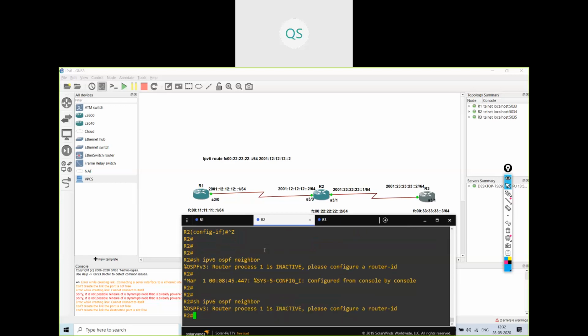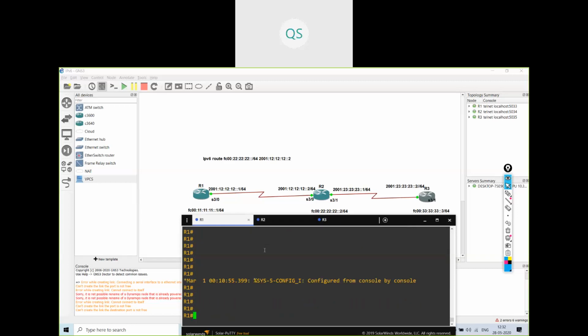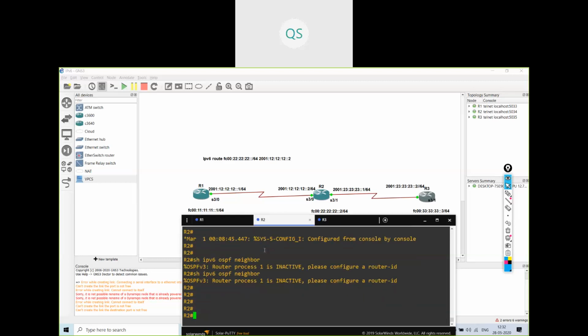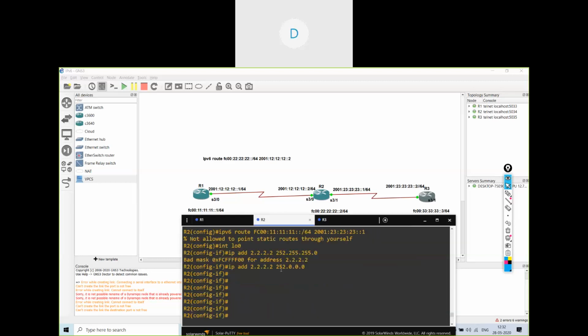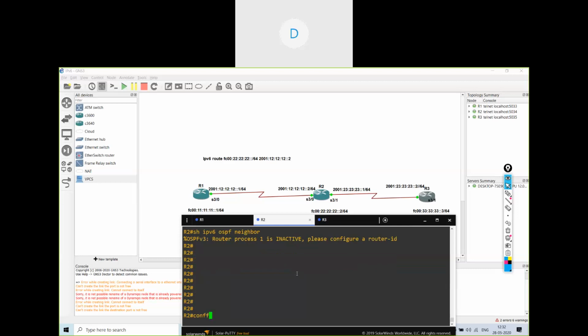Still it is not showing the neighbor. If you look at the R2 configuration, I will advertise the router ID also.